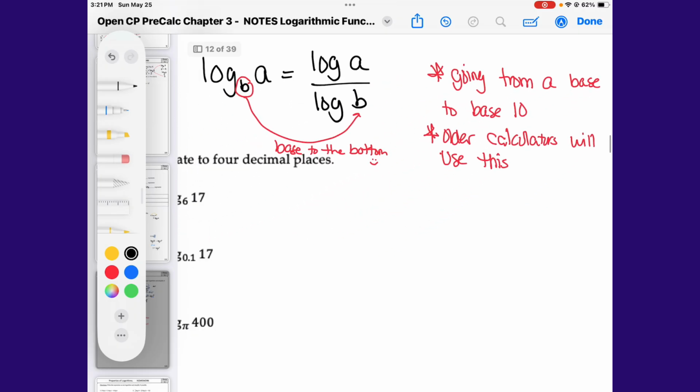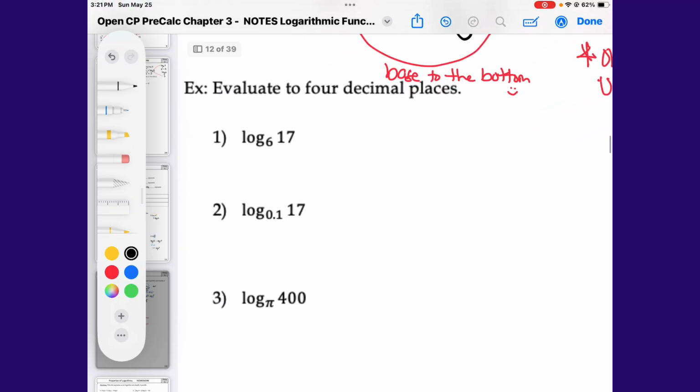So this was super important, not necessarily now, but it's something that you should know how to do, change bases. So here, if I wanted to write this in base 10, this would be a log base 10 of 17 over log base 10 of 6. And what it's asking is, 6 to what power is equal to 17. That's not something that we can do in our head. But then you can put it into your calculator,